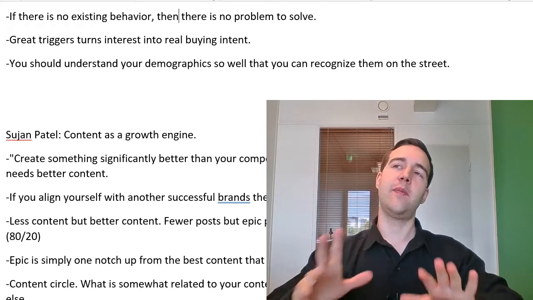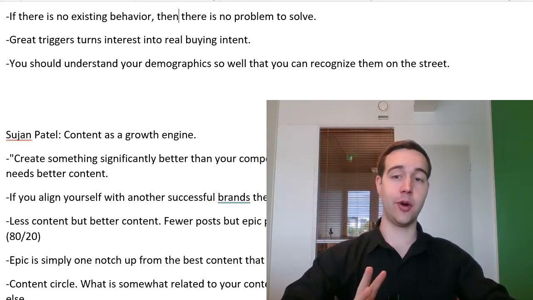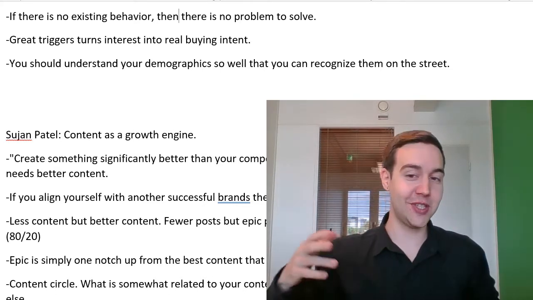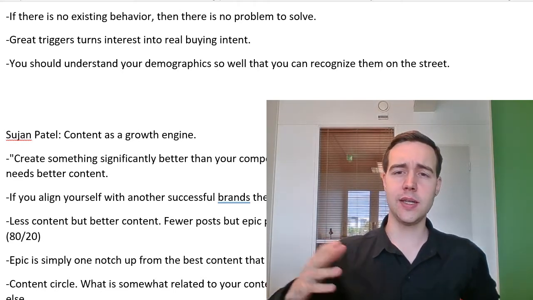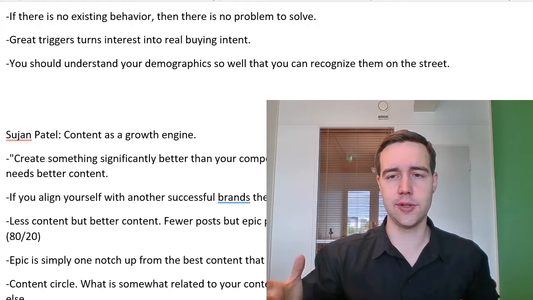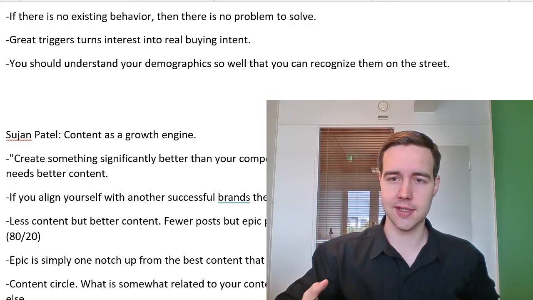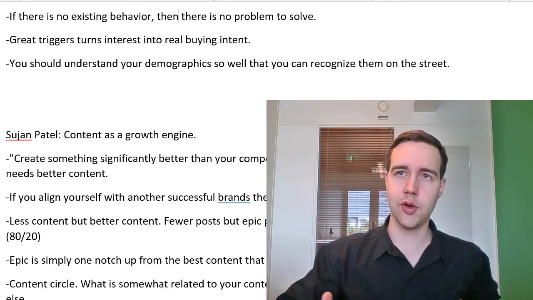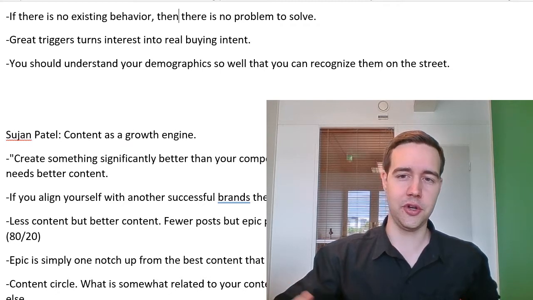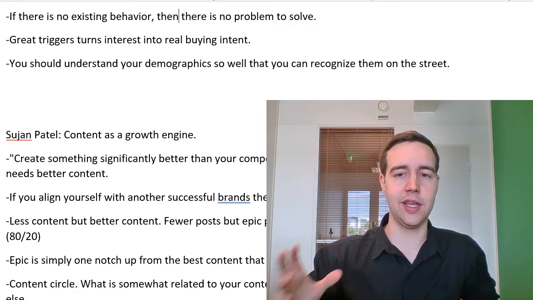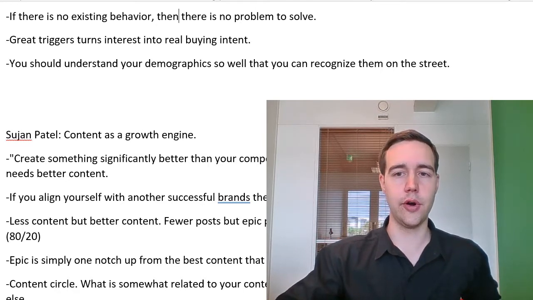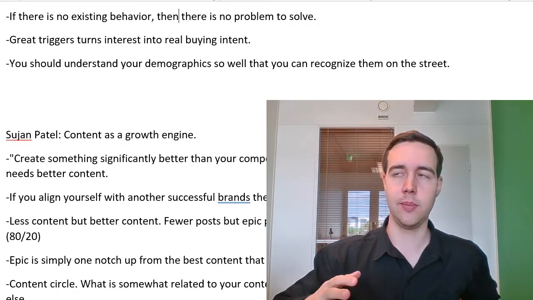So if people don't actually have a problem, it's almost impossible to sell them on the solution. And this is why it's very difficult to convert so-called cold leads if you're in sales and you have people that don't really care. So you don't even have their attention enough for you to sell to them a completely valid solution.